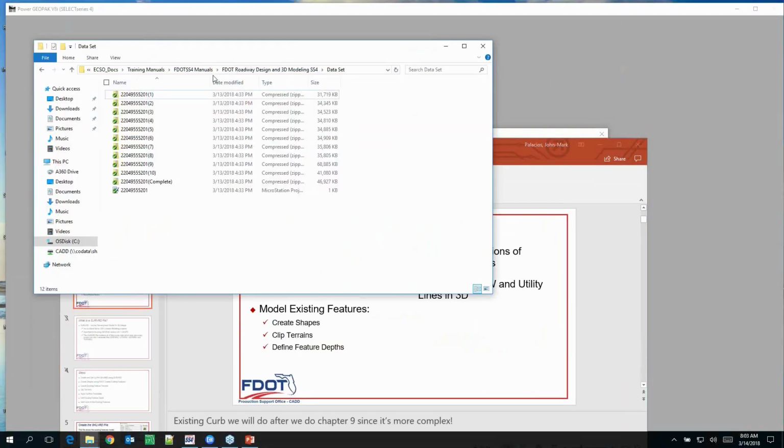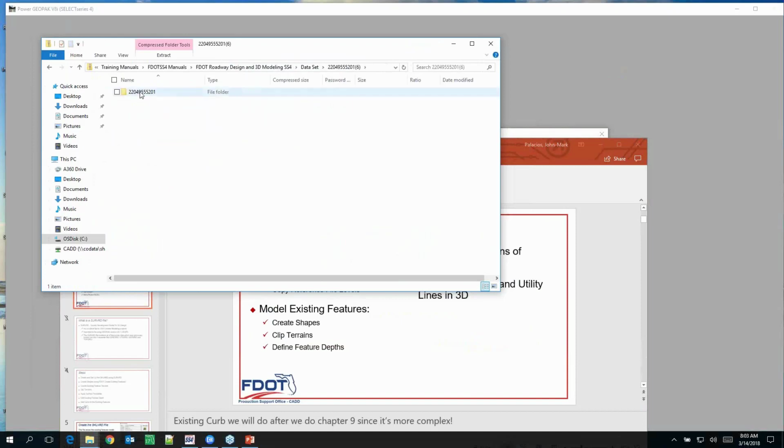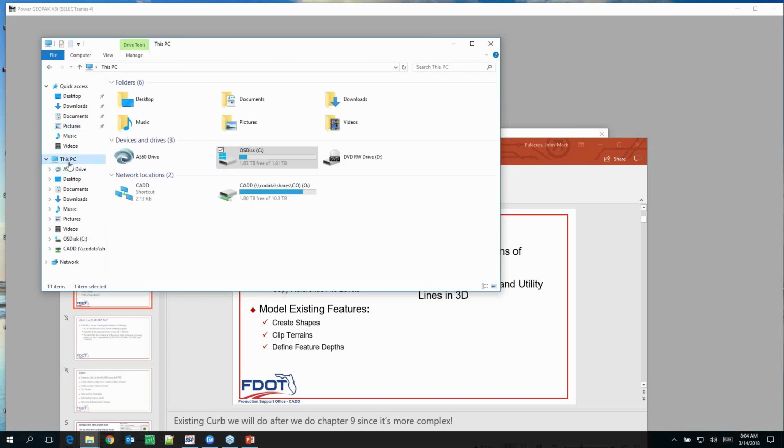So the data set, it's the same data set that we've been working on. It should be on your desktop. So open up the data set, and we're going to actually get the chapter 6 data set. So open that up. Chapter 6? Yes, chapter 6, even though we're going to be going through chapter 1. Chapter 6, and the easiest way, I always just right click, copy, or drag and drop, and put it in